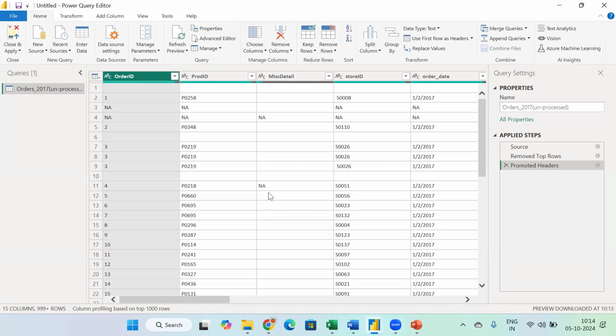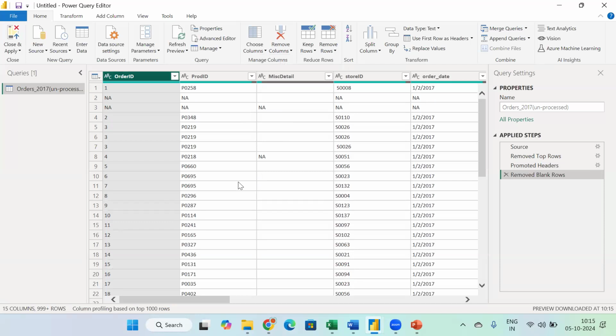Now the next thing to be done is removing the blank rows. You can see there are some blank rows here in the first row and in the sixth row, correct? In this Remove Rows option, we have, second last, the Remove Blank Rows option, correct? If you hover over this, it gives you the information: remove all blank rows from this table. So basically, if you click on this, all the rows which are totally blank will be removed. So if I do it,